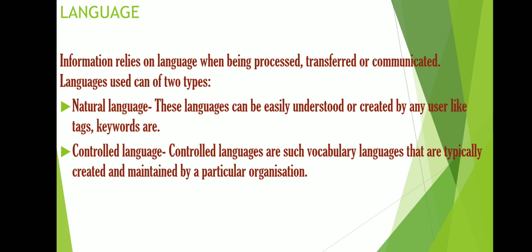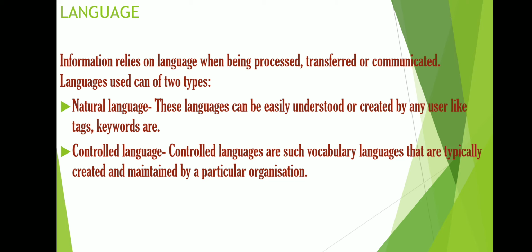The natural language is the simple one which can be understood by everyone. It is a user-friendly type which simply adds tags or keywords. Like if you want to know about microorganisms, you search for microorganism, and you get various articles about microorganisms. It is written in English or in Hindi, anything. You simply read and understand, and you get the knowledge or information. That is the normal or natural language.